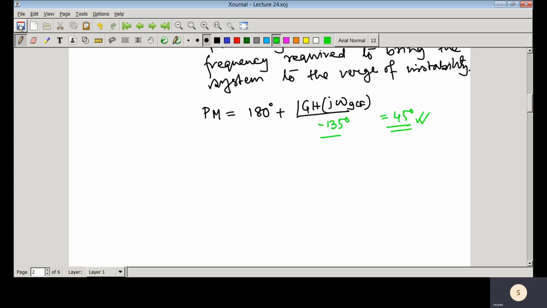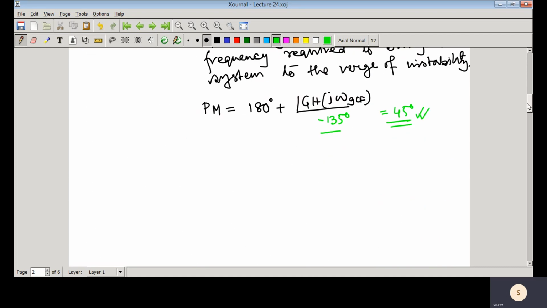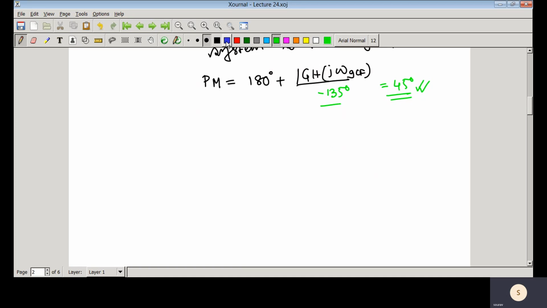So whenever you have a stable system, then you have a positive phase margin, and the case that we have done is for that stable system. And then we can see what the expected value is. That means whenever we are designing a closed loop system, we understand that the gain margin and phase margin would tell us the relative stability of that system, but how much gain margin and phase margin should there be? The expected phase margin is 30 degrees to 60 degrees, and gain margin would be greater than 6 dB. So this is the expected one.